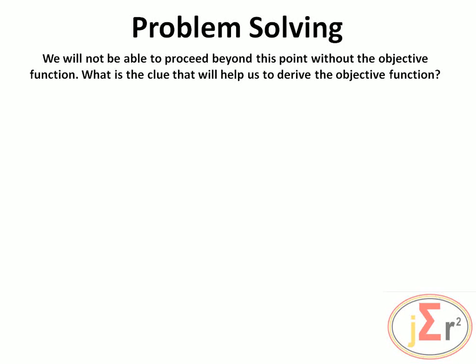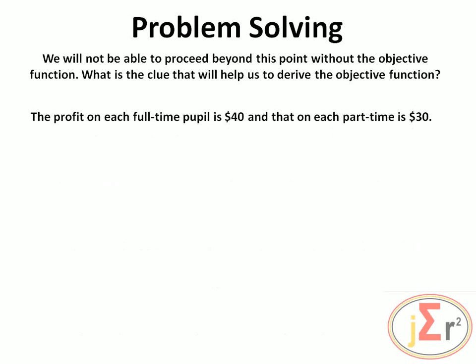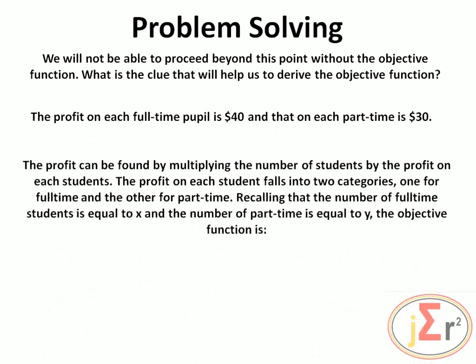What is the clue that will help us to derive the objective function? The profit on each full-time pupil is $40, and that on each part-time is $30. The profit can be found by multiplying the number of students by the profit on each student. The profit on each student falls into two categories, one for full-time and the other for part-time. Recalling that the number of full-time students is equal to x and the number of part-time is equal to y, the objective function is